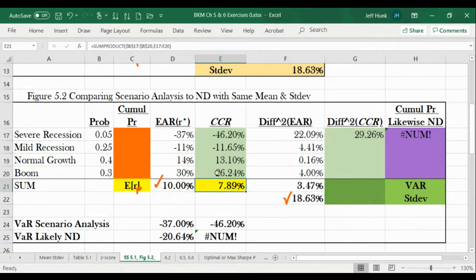And then the weighted average of all of that is 7.89. Now the variance using the continuously compounded return will be